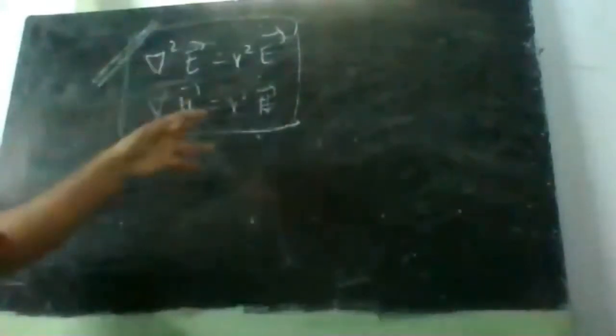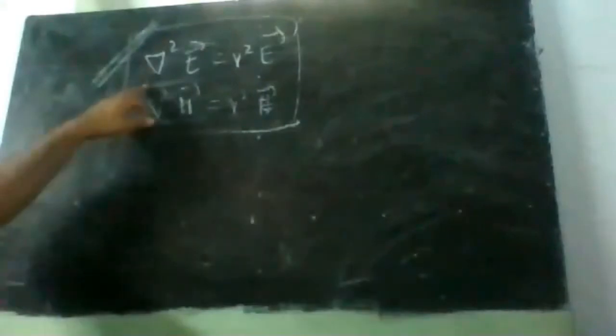You can observe that these equations are similar to the ones that we derived in transmission lines. In transmission lines we derived similar expressions, which is why we say even transmission lines carry EM waves. There we derived for current and voltage; here we have electric field and magnetic field. If I remember, del square V is equal to gamma square V and del square I is equal to gamma square I. So, similar kinds of expressions.